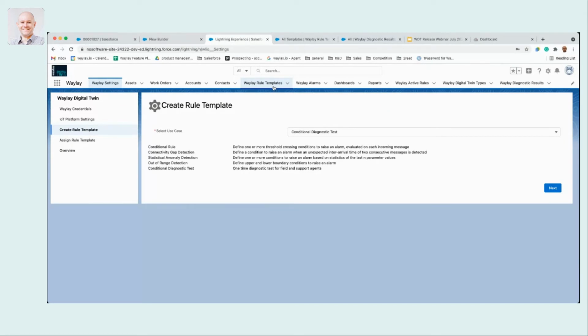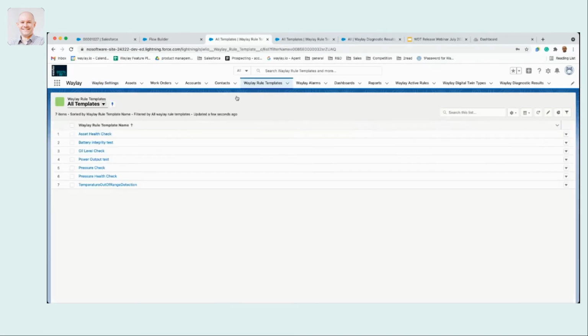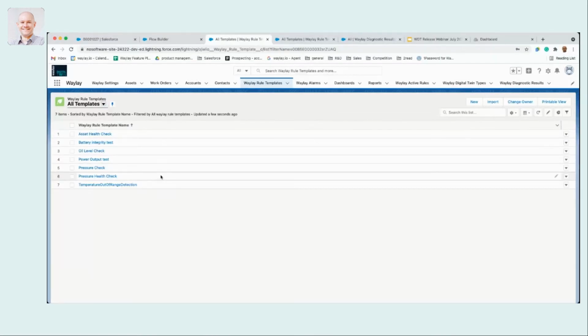Okay. So here in the overview of all the Waylay rule templates, we get a list of all the different templates that have been created before. And here on top, you see the asset health check that I executed in the beginning of the presentation. So let's have a look at how that actually looks. So if I open it here,